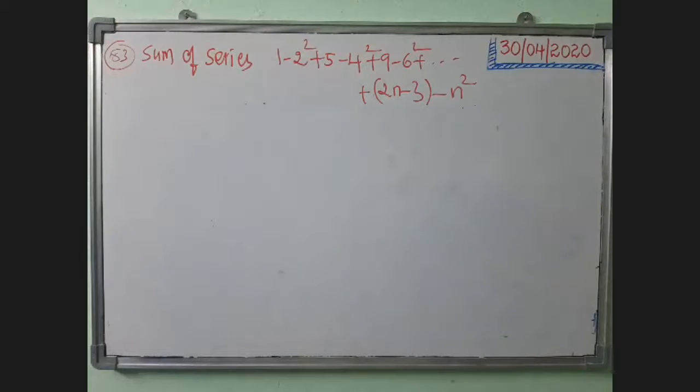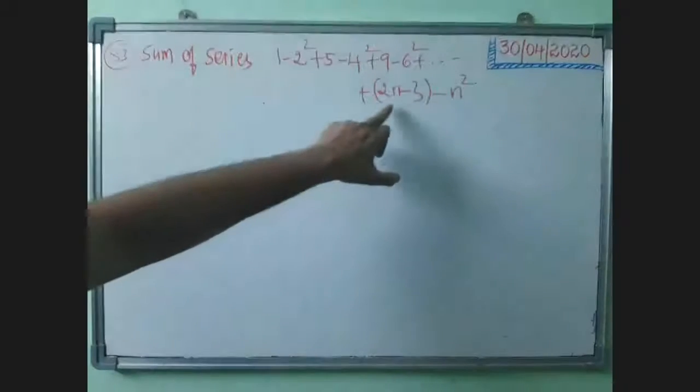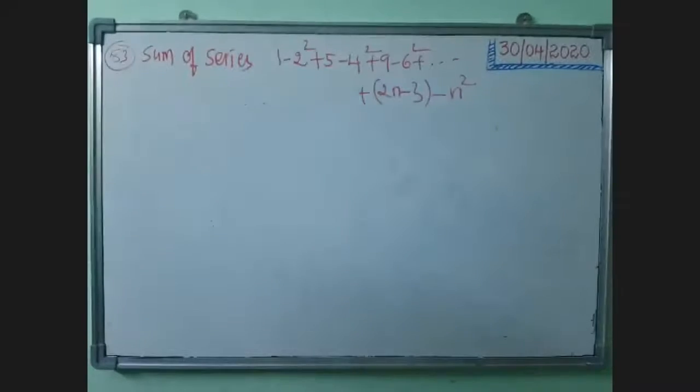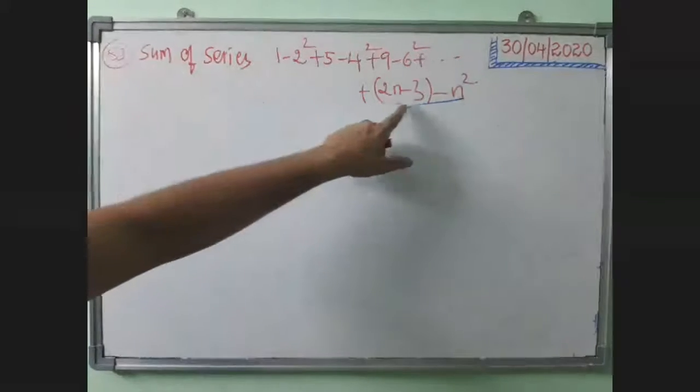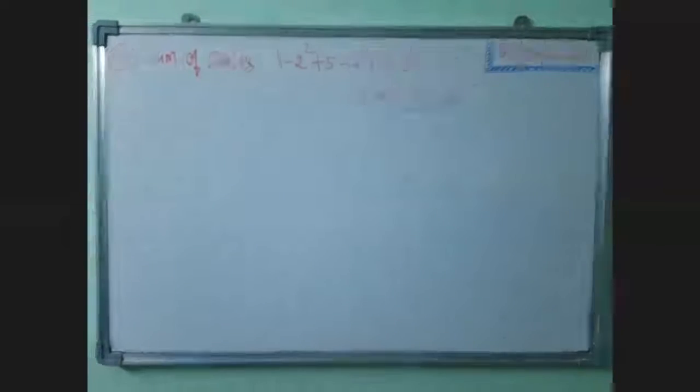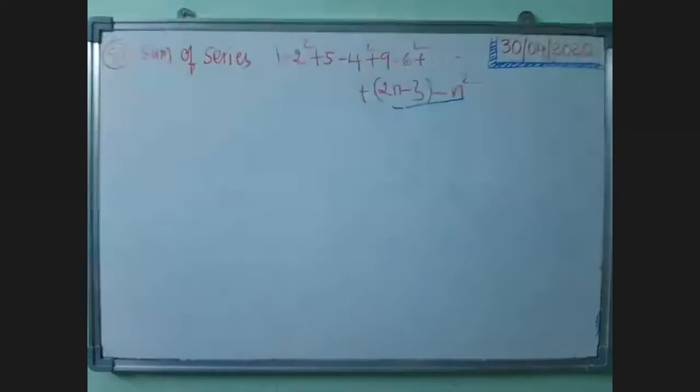Look, for this type of questions, there is some simple technique to solve the problems. Only these are the questions which can be solved in very, very quick time, provided you know what is to be done whenever the sum of the series is given and the options are in terms of n. All the problems can be easily solved within seconds. If we keep n equal to 1, this is actually called the nth term. See here, if you keep n equal to 1, what am I getting? Minus 1, minus 1, minus 2. That means minus 2 you are not getting actually.